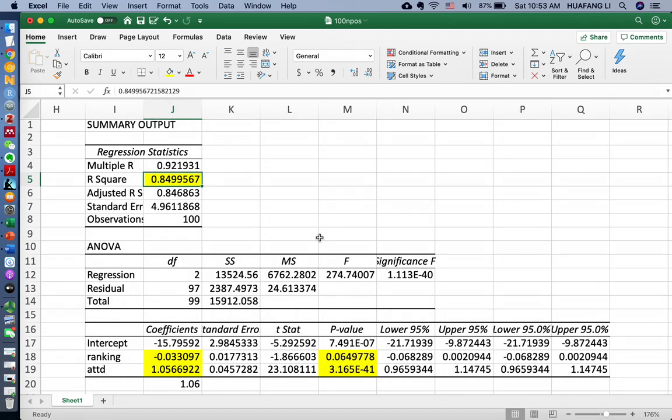Okay, so that will be all for the top 100 nonprofit organization dataset. I showed you how to run the multivariable regression in Excel, and that'll be all for